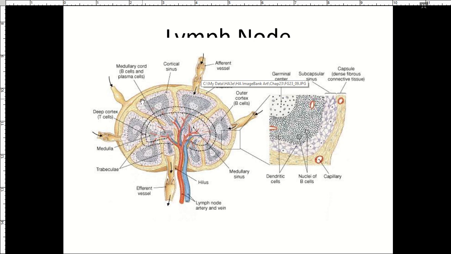right? And then it enters the subcapsular sinus. From the subcapsular sinus, it enters the trabecular sinus. From the trabecular sinus, it enters the medullary sinus. From the medullary sinus, it's going to leave via the efferent vessel. So this becomes your superficial cortex. This region is your paracortex. This region is your